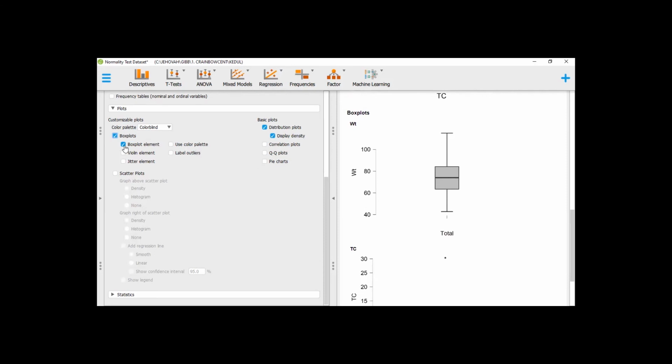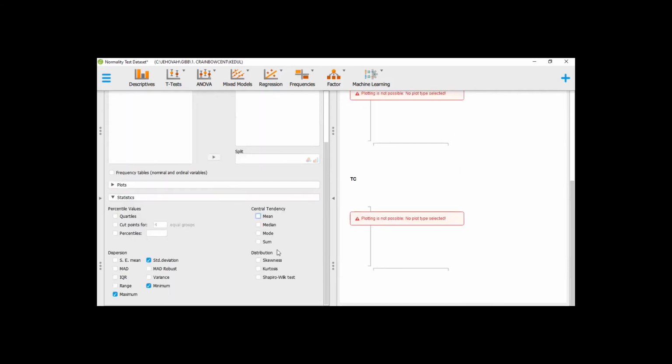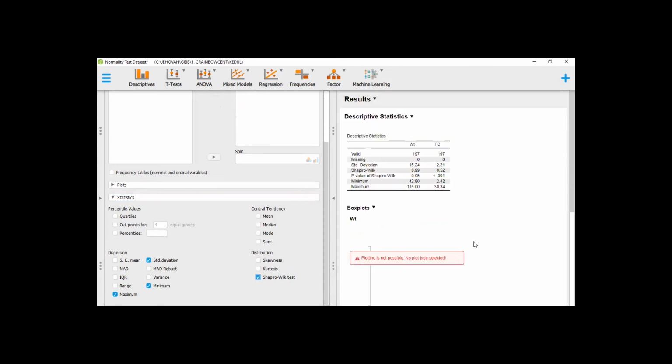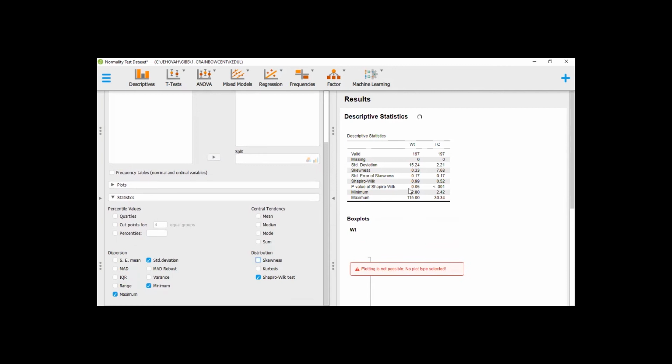Now let's look at the Shapiro-Wilk normality test that we described and see what that has to say. Okay, our Shapiro-Wilk normality test says that the p-value for WT is 0.05, whilst that for TC is 0.001. This isn't significant, but this is significant.